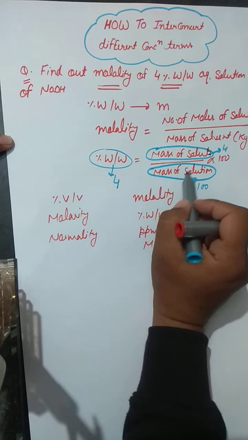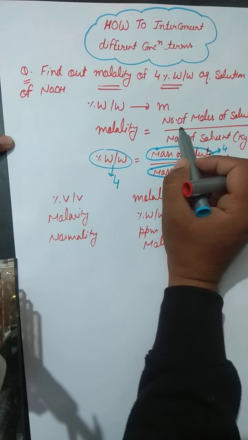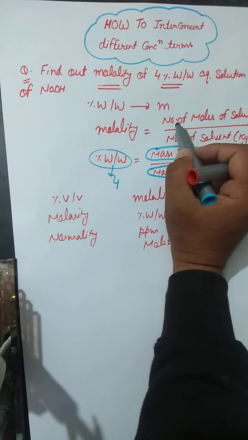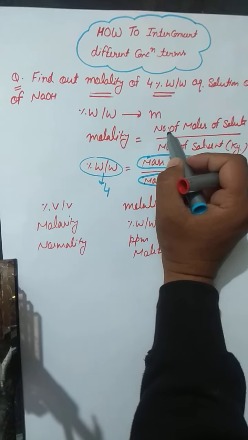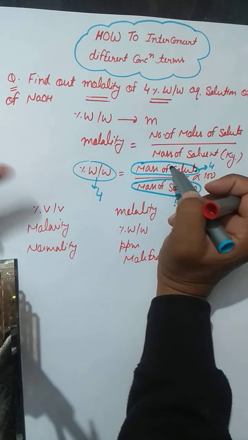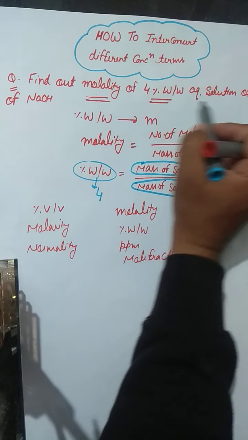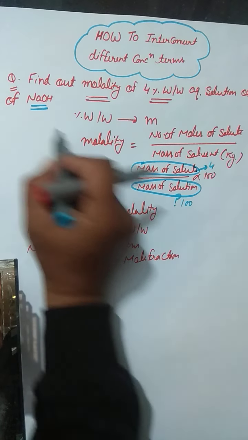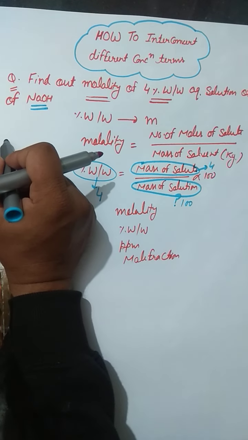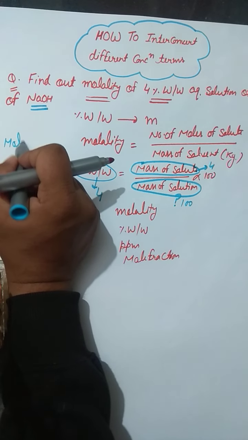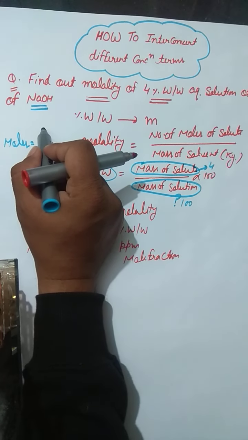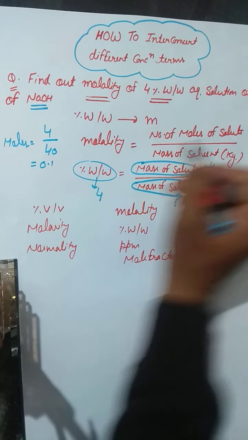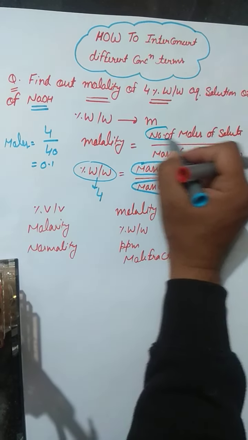And now using this information we can find out these two variables, and we can put these variables in the formula, and we can find out our answer. So how can we use that? Like this. Mass of solute is 4. Now what is the solute? Solute is basically NaOH. So how can we find out the number of moles of solute? That is mass by molecular weight. So moles is equal to mass, that is 4 gram, divided by 40. So that is 0.1. So the number of moles of solute is 0.1.